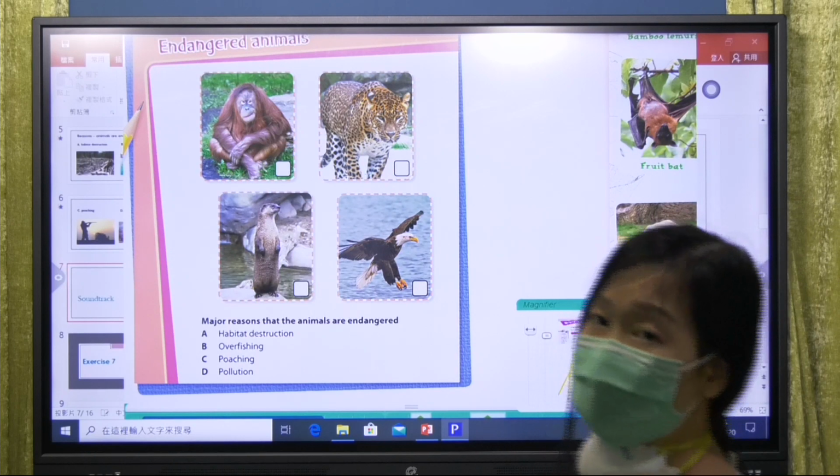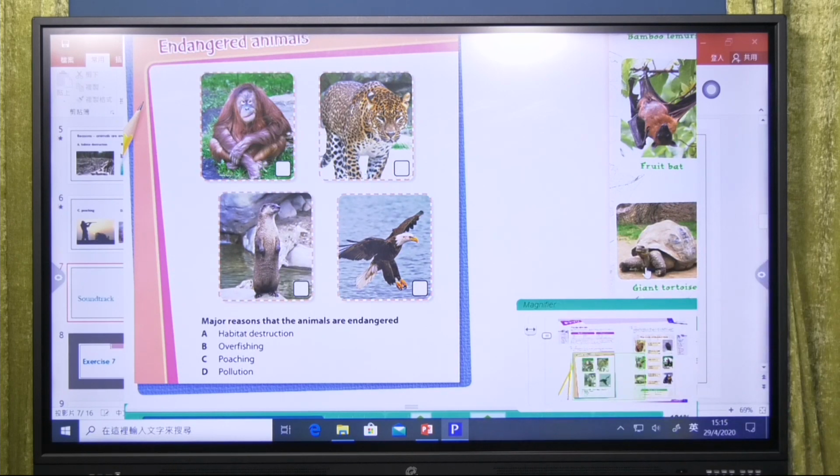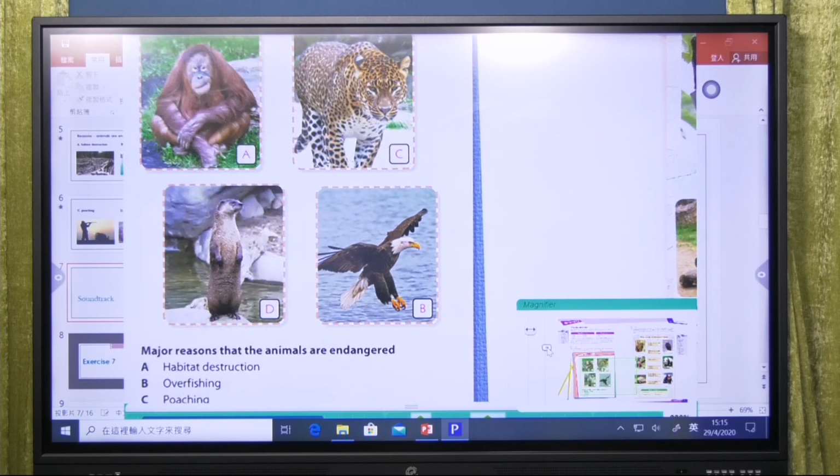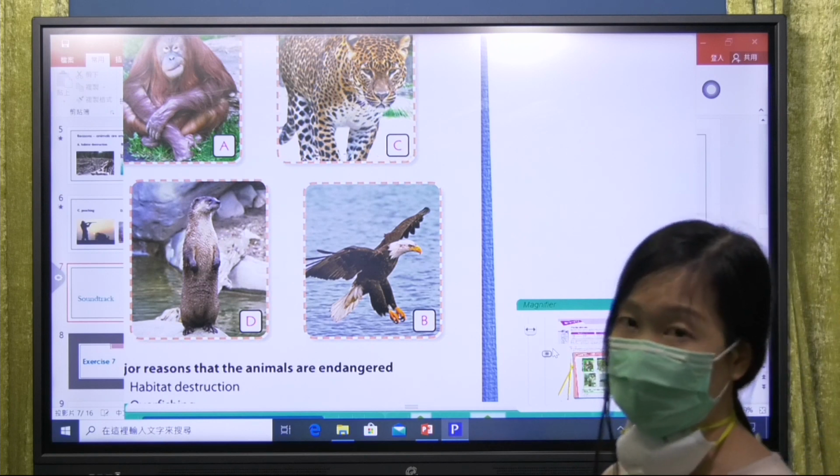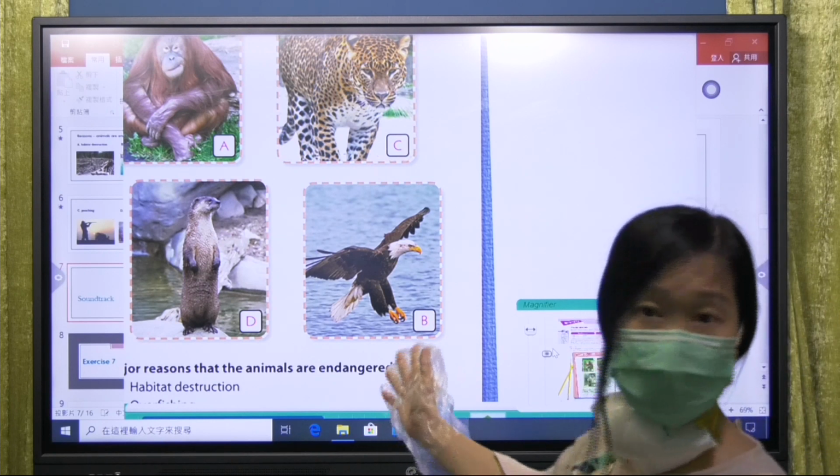So we can write down the answers very quickly. First one, this orangutan has habitat destruction, A. And the leopard, it's because of poaching, answer C. And the otter, what happened to it? Pollution, answer D. And the eagle, overfishing, no fish for the eagle. So you can write down the answer, and then you have finished this part already, and you can upload your